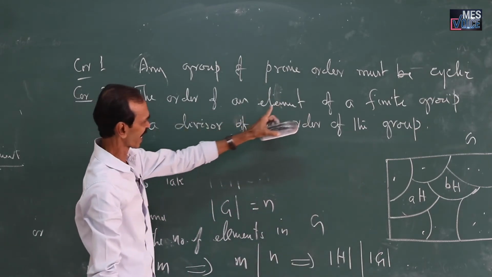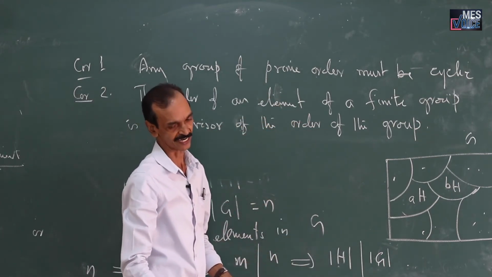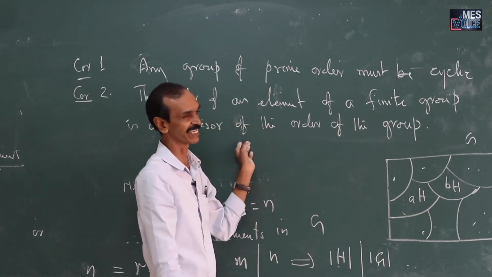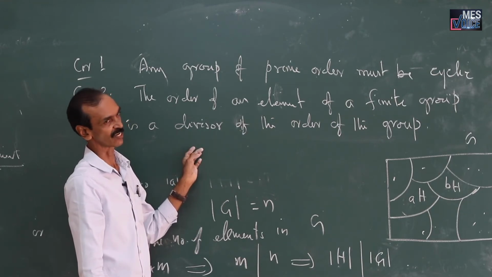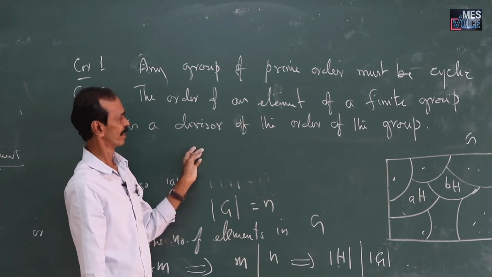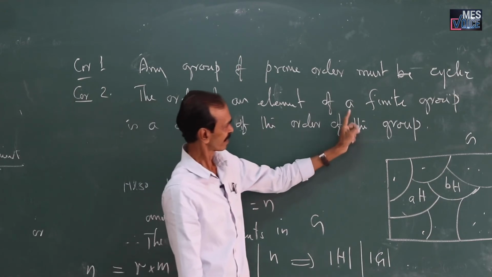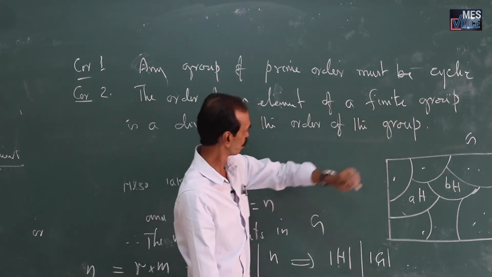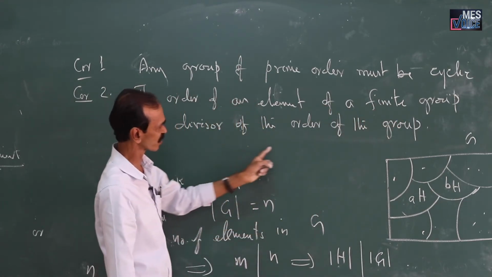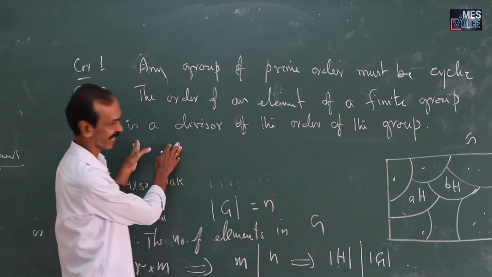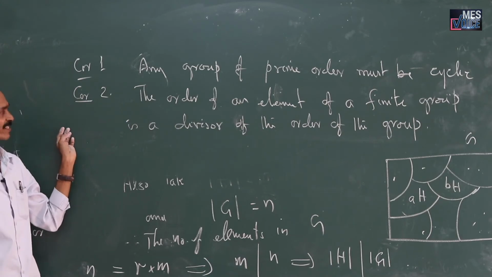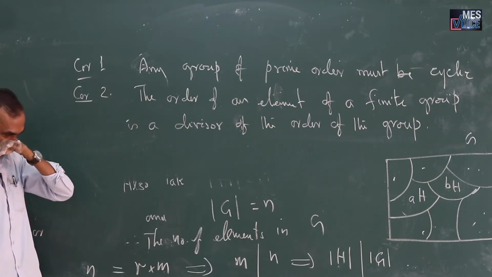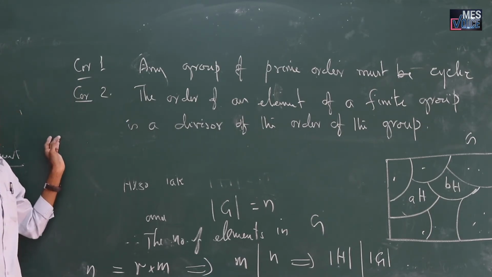The order of an element, we know what the order of an element is. The order of an element a is the least positive integer n such that a raised to n is equal to e, the identity element of the group. So, the order of an element of a finite group must be a divisor of the order of the group. This also can be established easily by Lagrange's theorem, and we are now ending our session